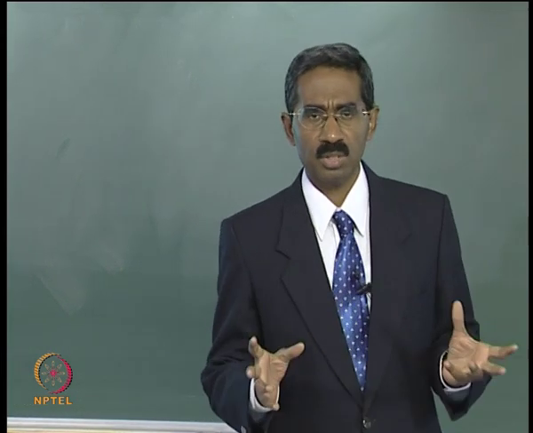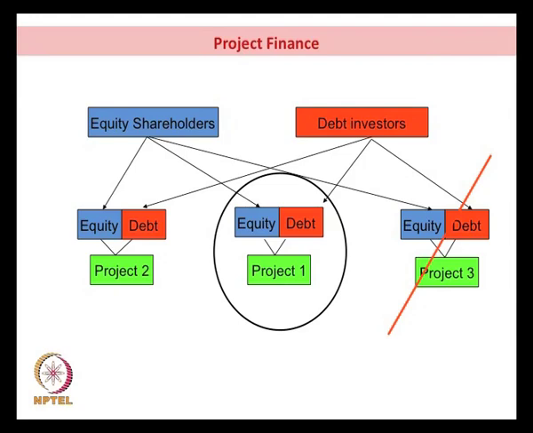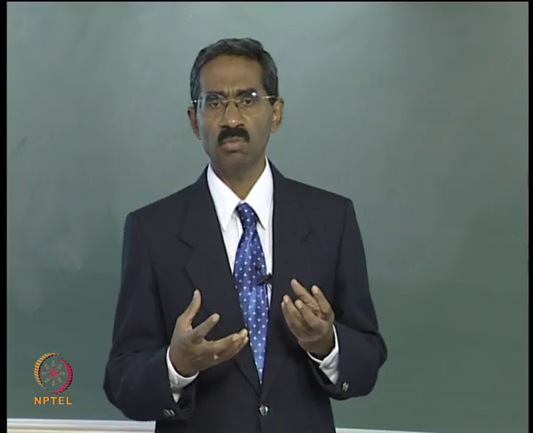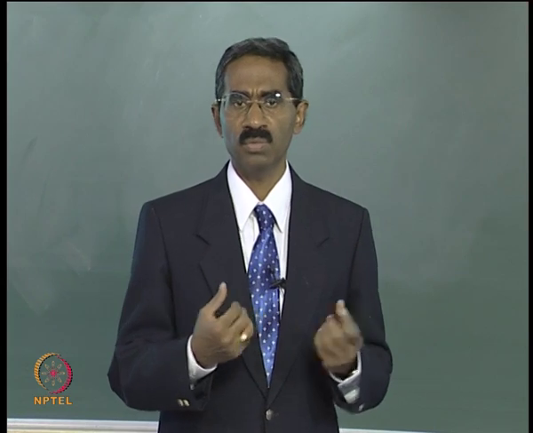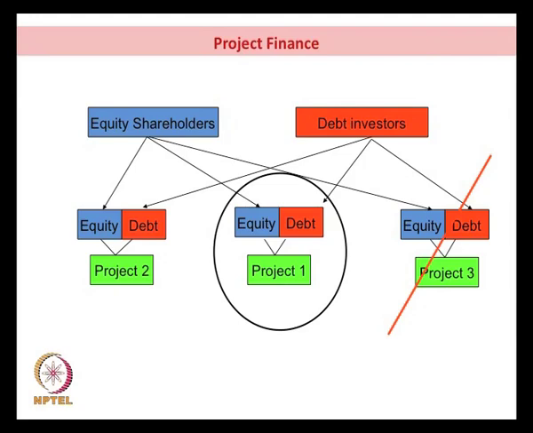Now there is another project, project 2, which is profitable. For financing this project 2, the company would raise an additional amount of equity and debt, from the same shareholders or from different shareholders, but necessarily this project 2 involves a separate class of equity and debt being issued. Similarly, if we have another project, project 3, then it is funded by equity and debt, which again involves another set of equity shares and debt being issued.